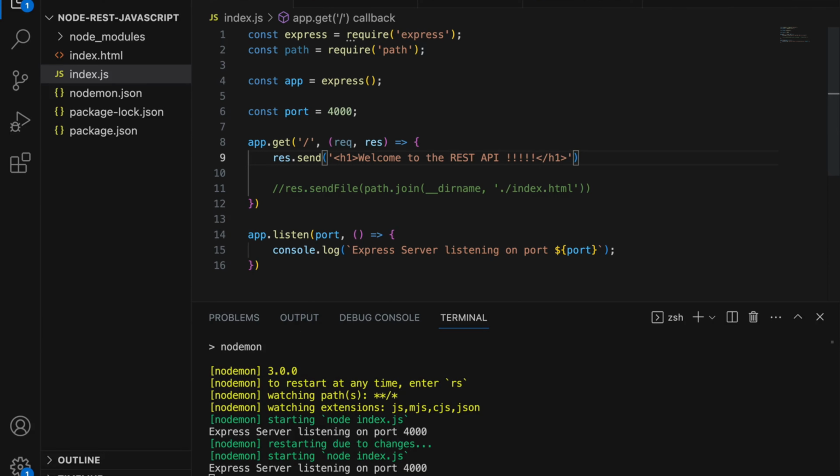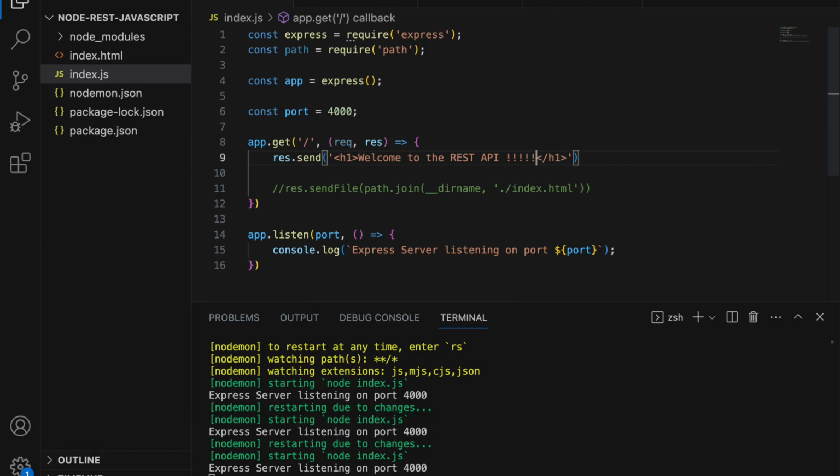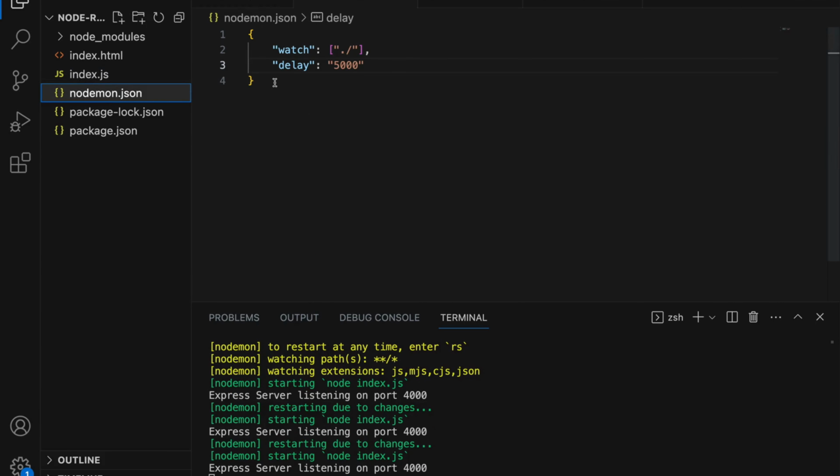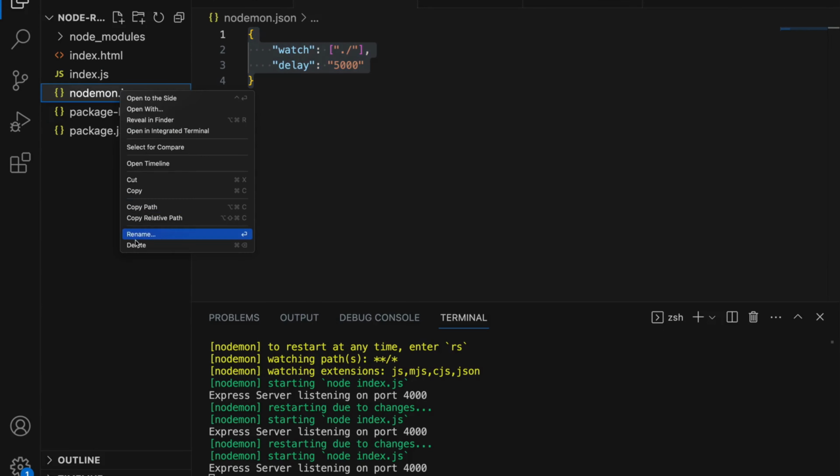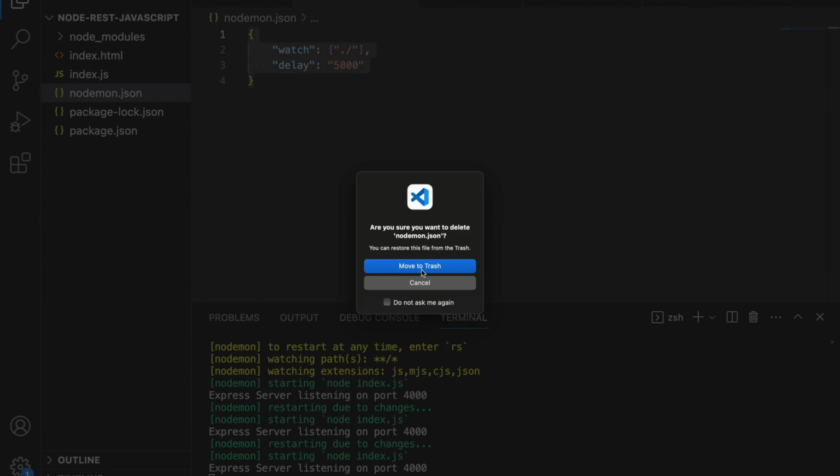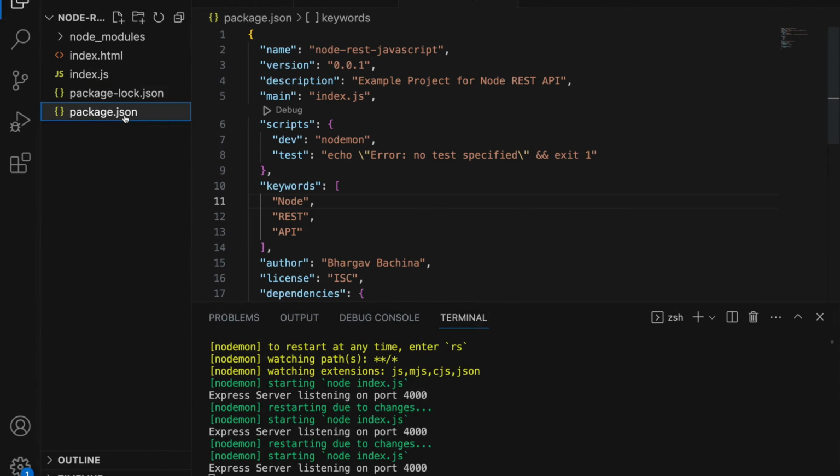So this package is really useful when you are in the early stages of your development, because you write so much code in the early stages, and also in the debugging phase as well. It is very useful. So let's delete this JSON file, and we can also put the same configuration in the